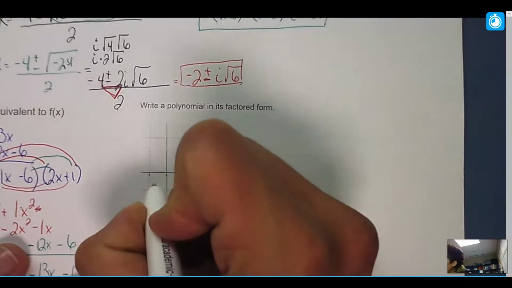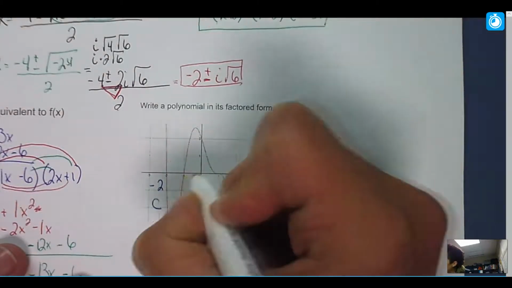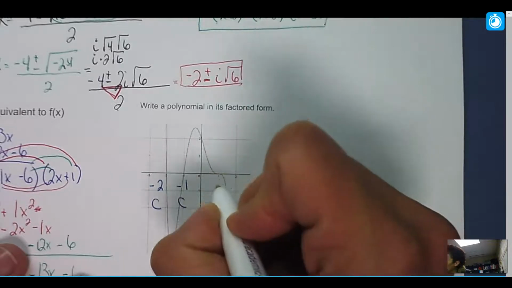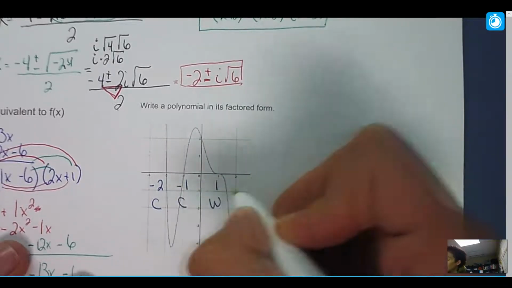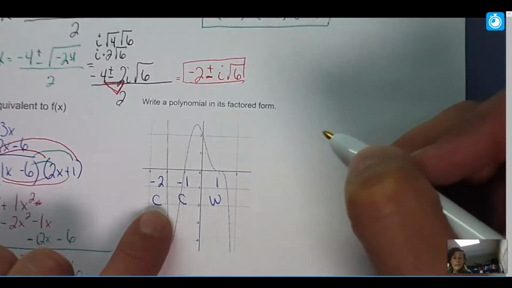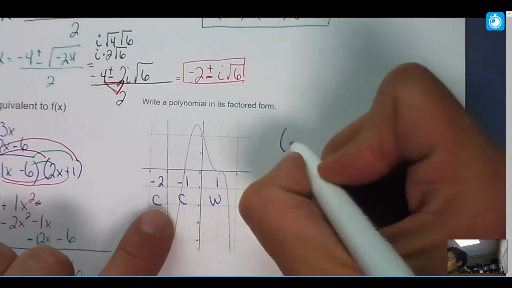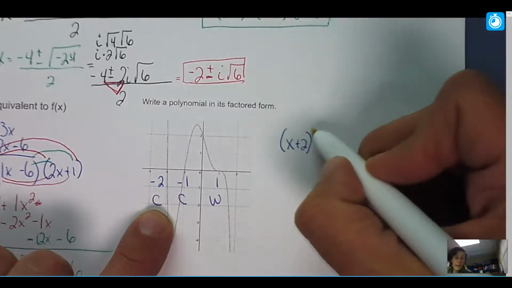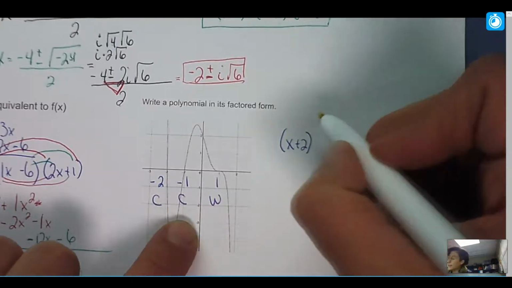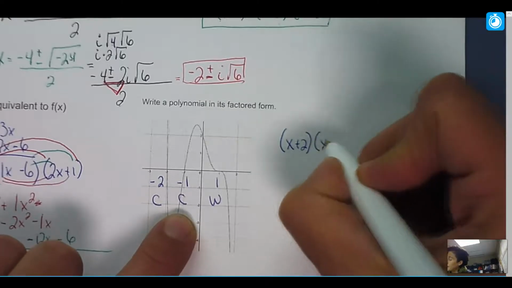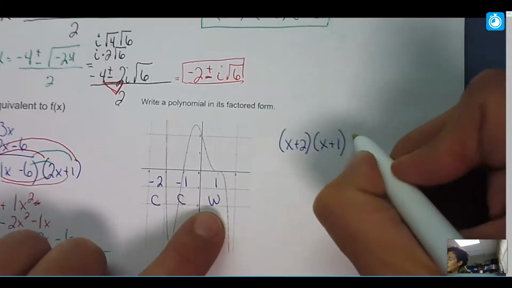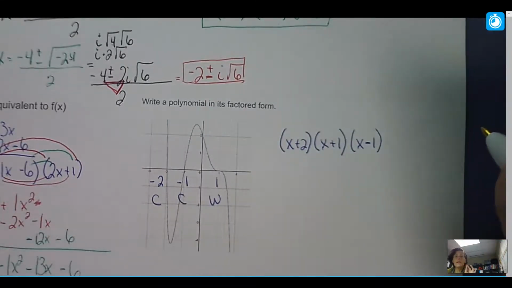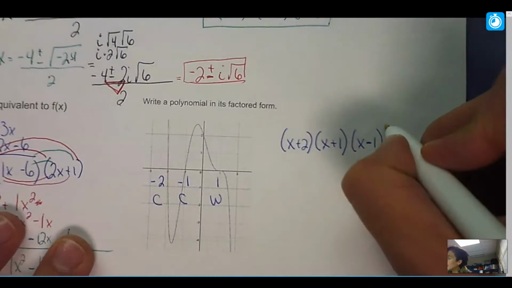So I have a 0 at negative 2 and it's crossing. I have a 0 at negative 1 and it's crossing, and I have a 0 at 1 and that's a wiggle. So when I start to write the factors for this one, I would write x plus 2, leave it as an invisible first power because that's what a cross is. I would write this one as x plus 1, and I would write this one as x minus 1, but since there's a wiggle, I want to put the lowest exponent that I can that will give a wiggle,